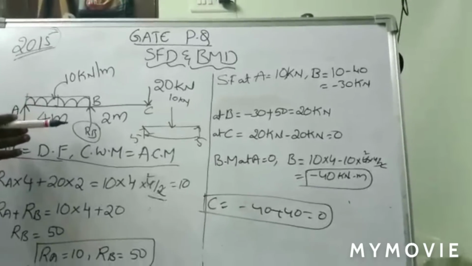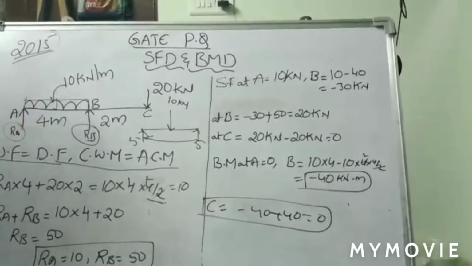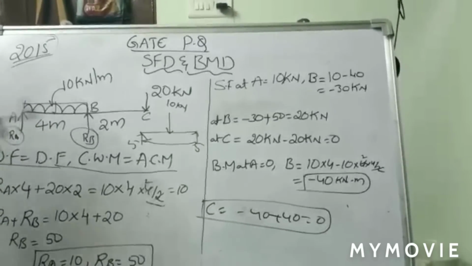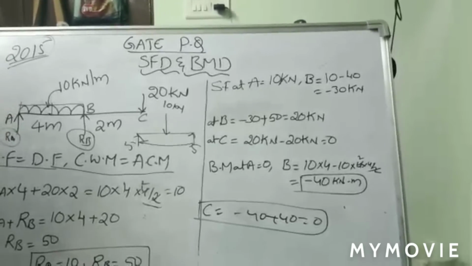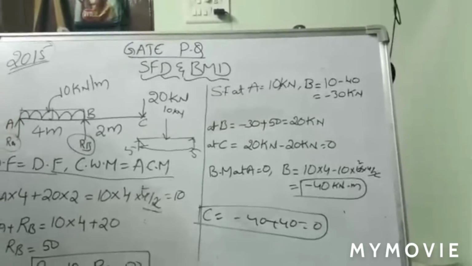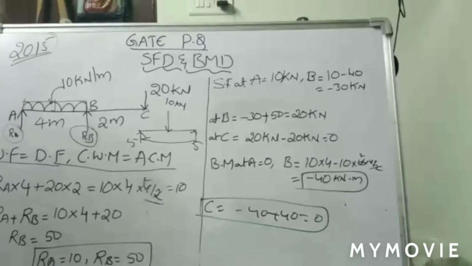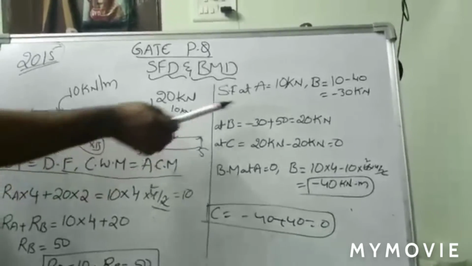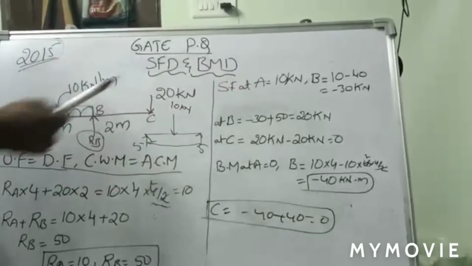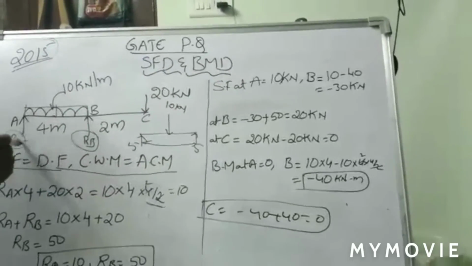In this problem especially, what you are supposed to calculate is maximum bending moment. Maximum bending moment is required. So for those things, shear force values are required, not the diagram, and bending moment values are also required. That is also another point, right? Okay, fine. So shear force at A equal to 10 kilonewtons, because your value RA equal to